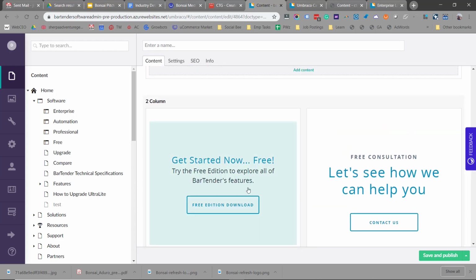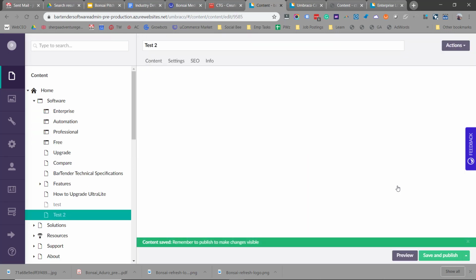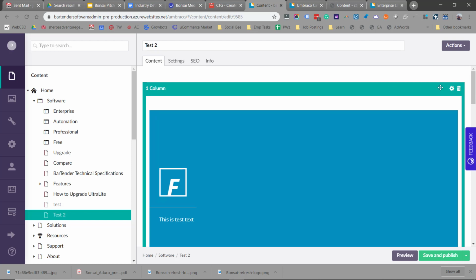And here, I have the basic layout of a page. I'll give it a name. We'll call it test 2. I will click save, and then I can preview the page as I've shown you before. But before we do that, I want to show you a couple of other features that developers and designers really